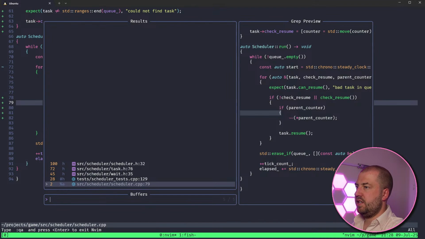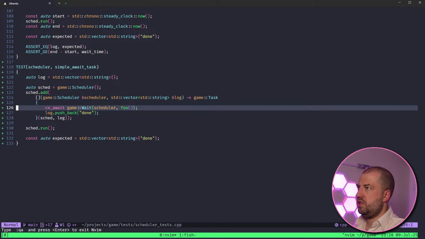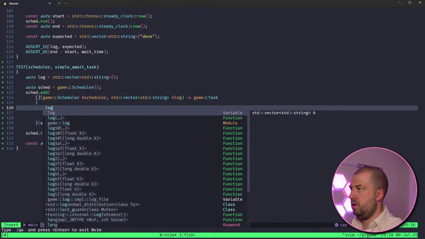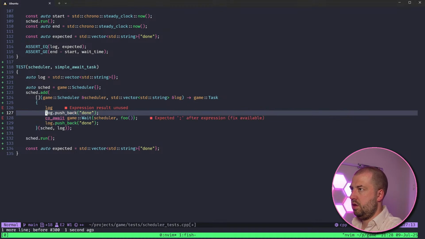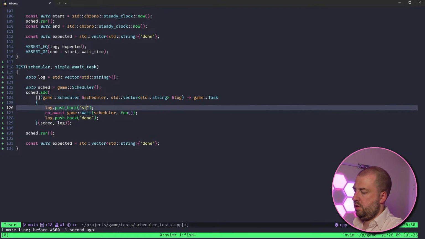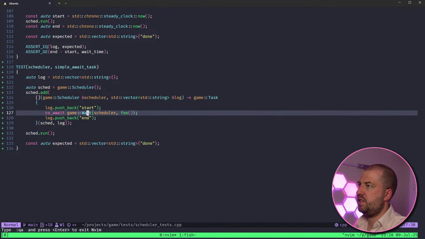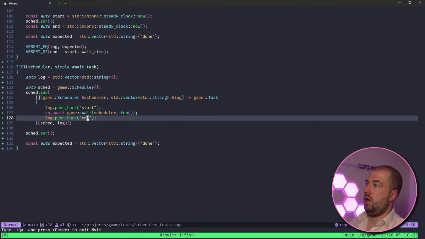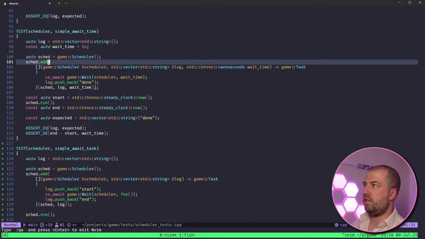Okay, let's see if we can test this, because I need to... Can I just keep writing more and more miserable lambdas? Because what I want to do is check that this gets executed first before this. So I need to make sure that the foo has a side effect.